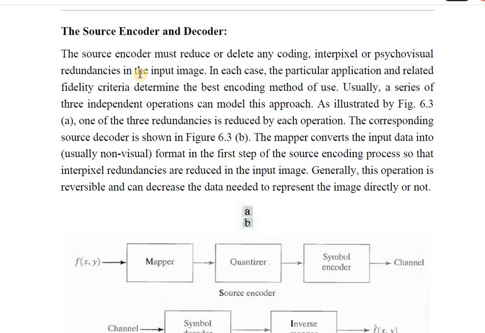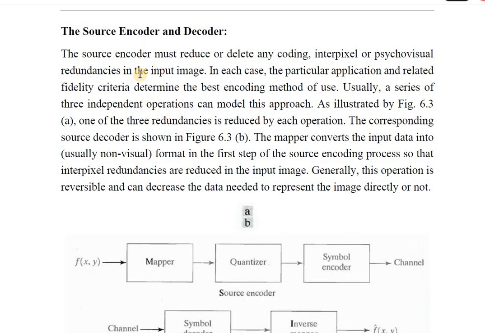You have something called redundancies in the image that we have already seen in the last session. There are three types of redundancies that we studied last time: coding redundancy, interpixel redundancy, and psychovisual redundancy. The source encoder will try to reduce these three redundancies, because once they are reduced, the size of the image will automatically reduce.